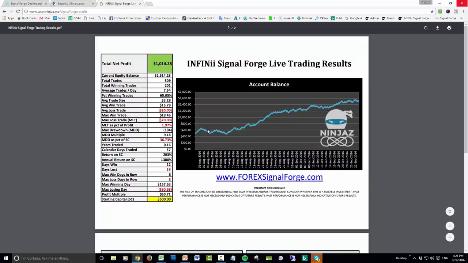So you can see we did have a drawdown here. We made some money to start off with, then we lost some, made a little bit, lost some, so we still haven't got back to our equity high. So equity high there on like the 2nd of August, down to our equity low the 9th of August. We had a $184 drawdown. The formatting's not right, that should be red and in dollars, but anyway, it's $184 that we